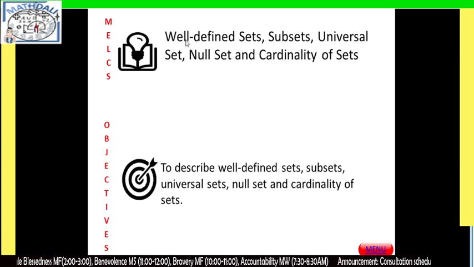Ang target natin is to describe the well-defined set, subset, universal set, null set, and even the cardinality of set. May dadagdag lang ako dito sa ating objective, that is to illustrate a set using the three methods. We have the verbal description, the roster method, and the set builder.